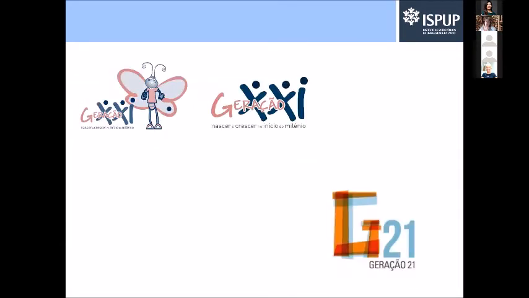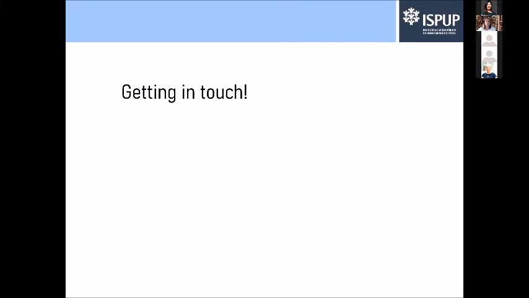Also, one of the things that changed during the years is the imagery of Generation 21, its logo, its lettering, and so on. And obviously, we made it as a way of reflecting the age of the participants. So in the beginning, the colors and the lettering were more related to babies and to this age stratum. And at the 7 years old evaluation, we decided to change all of this. And this type of imaging is now reflected on all types of communications that we have with our participants.